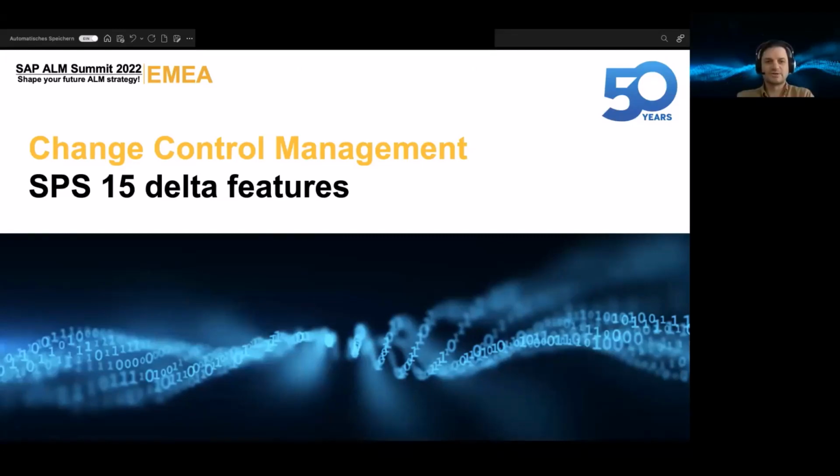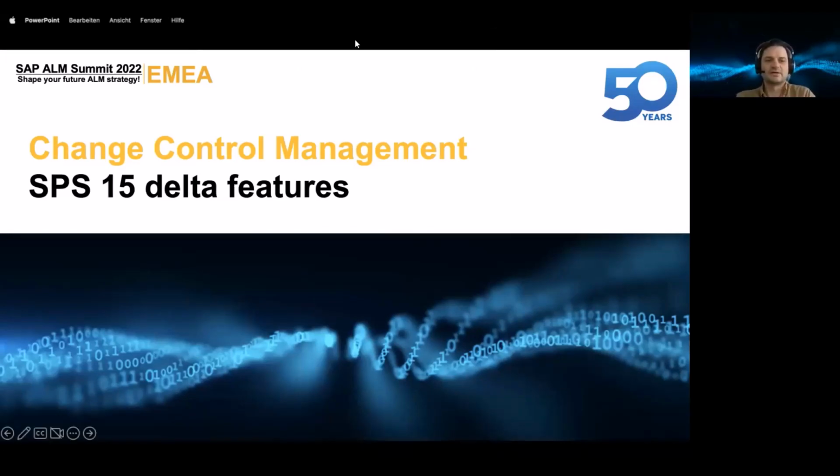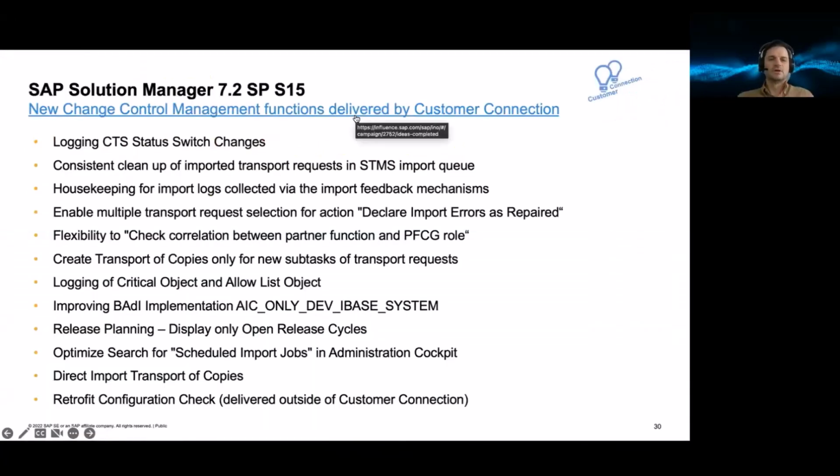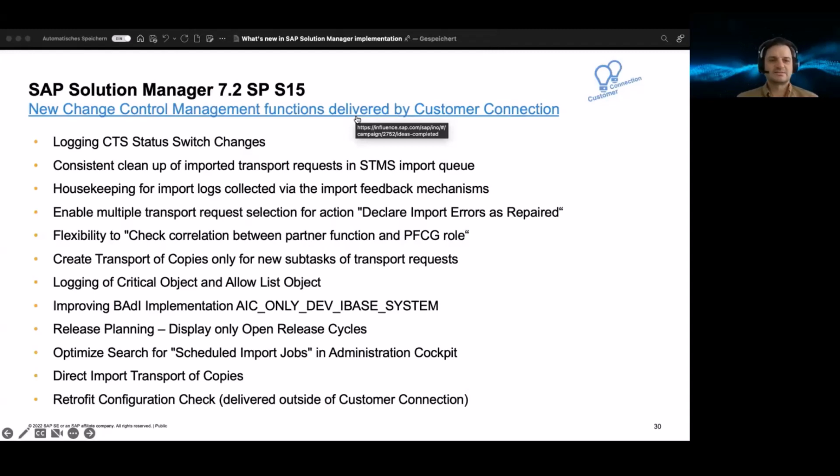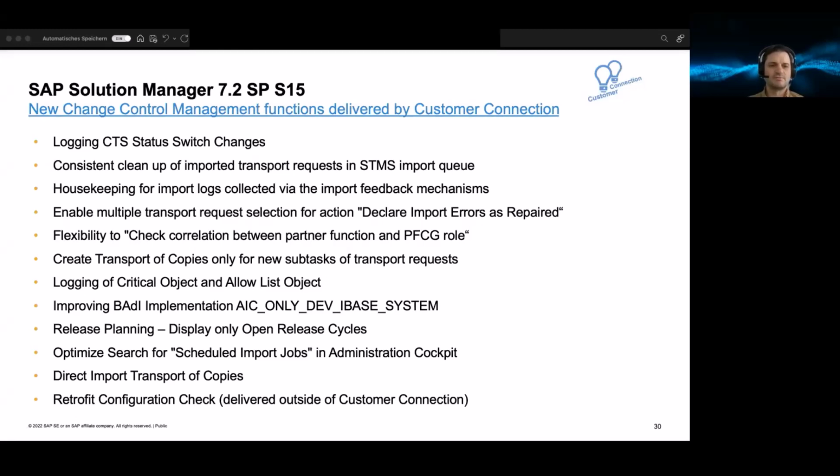Thank you, Axel. Then let's have a look into the SP15 features in the area of change control management, starting with a new logging of the CTS status switch. You all know that status switches are very important in the area of change request management, as this completely ensures that on the managed system, nobody is allowed to, for example, create transport requests, release transport requests, or perform any transportation into follow-up systems